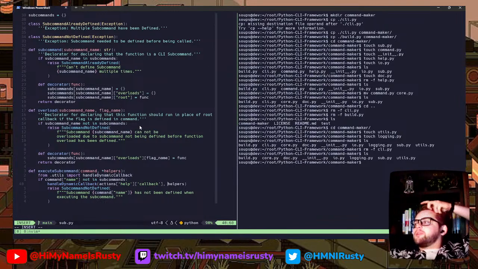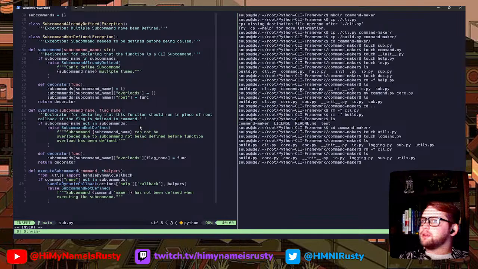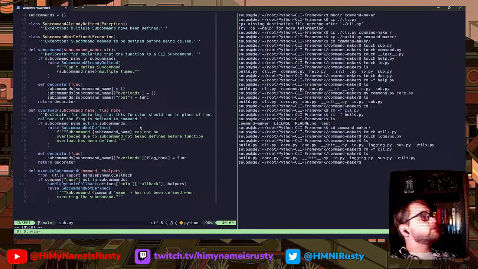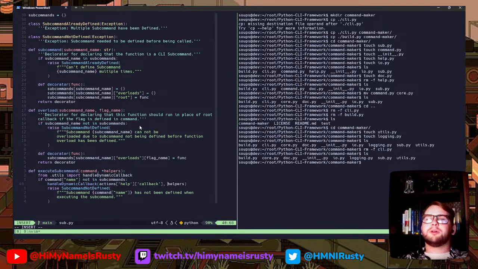Because if they want just the arguments of the function, I want to pass them that, right? But if they want just logging, I want to just pass in that without too much of a hassle. So I think a better solution is to parse it out. We'll still have the handle dynamic callback, but we should probably parse it out a bit better.